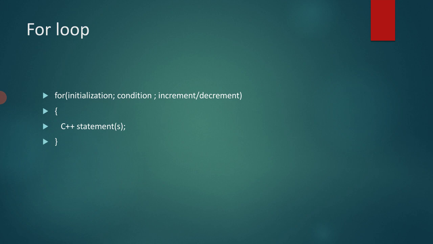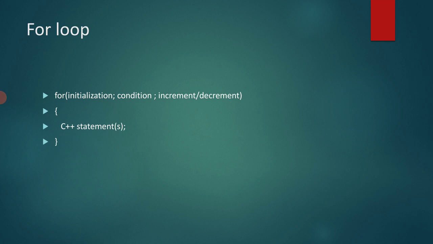The very first line is for. For is a keyword. Again, you have studied keywords. Keywords are the reserved words. So here for is a keyword. Now in the bracket, you have to write three things. So now what is the meaning of these three conditions? You have to write three conditions. The first is initialization, second is condition, and the third is increment or decrement, and you have to separate them with the semicolon.